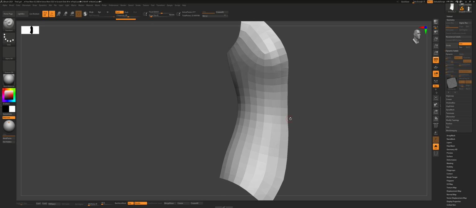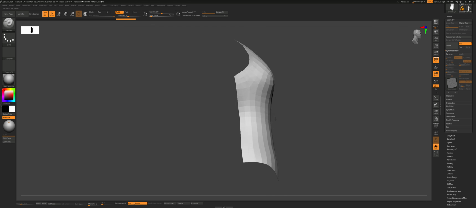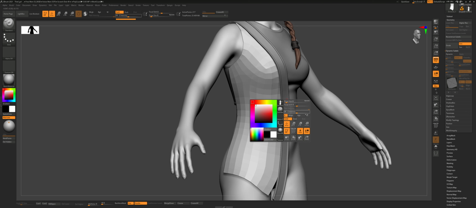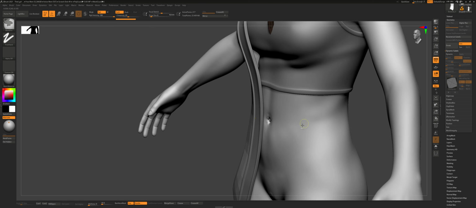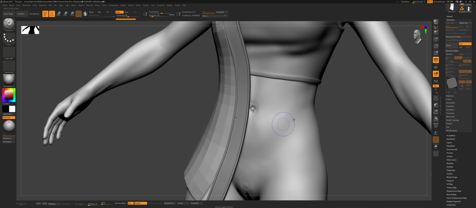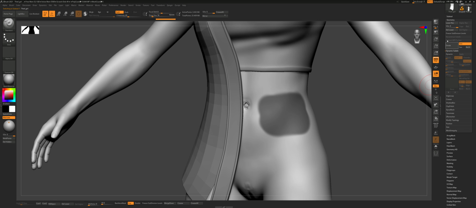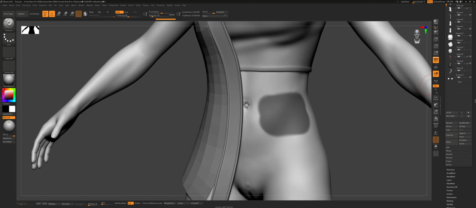Firstly, I made this kind of base surface for the micropoly detailing. I've just masked something like this. Let me show how I did the mask. I just painted something like this on the surface of the body, and after doing that, I've gone to the subtool palette,